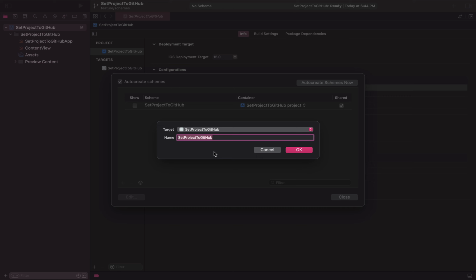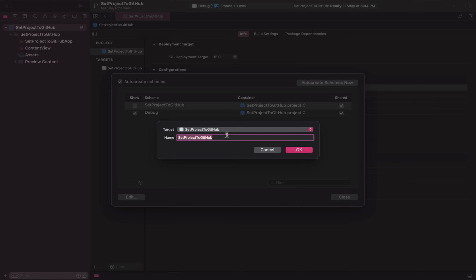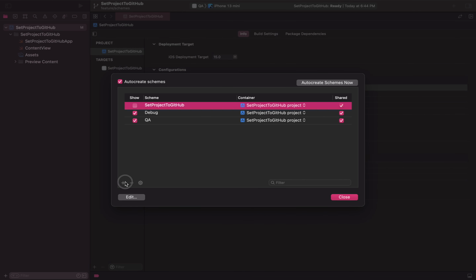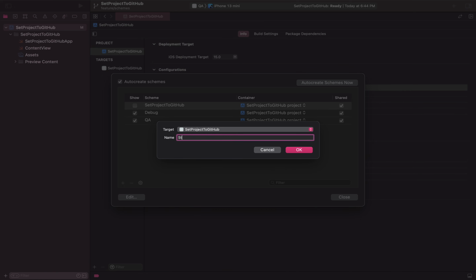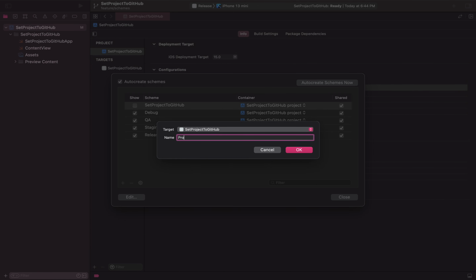The first was the debug scheme, so give it the name debug, click OK. Add one more, which was QA, click OK. Add one more, staging, click OK. Release, click OK. And the last one was production,